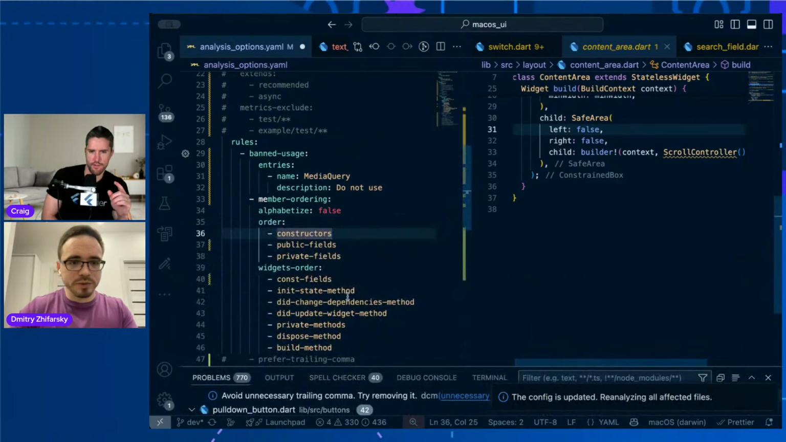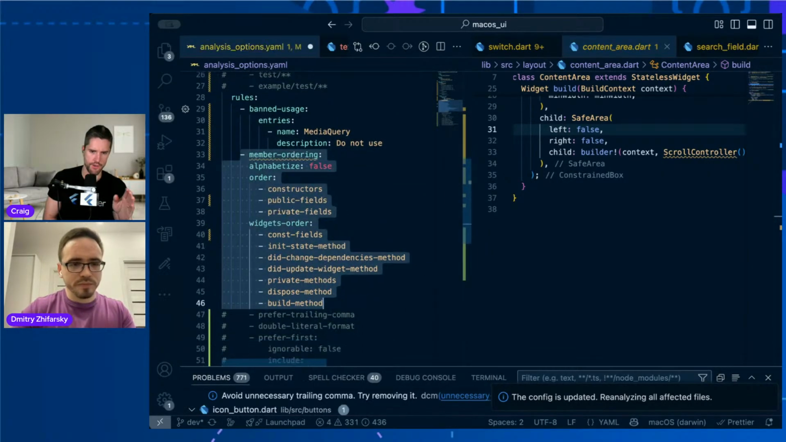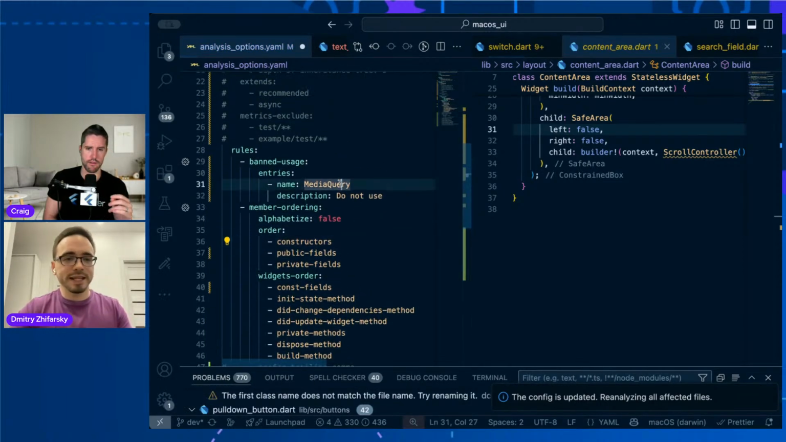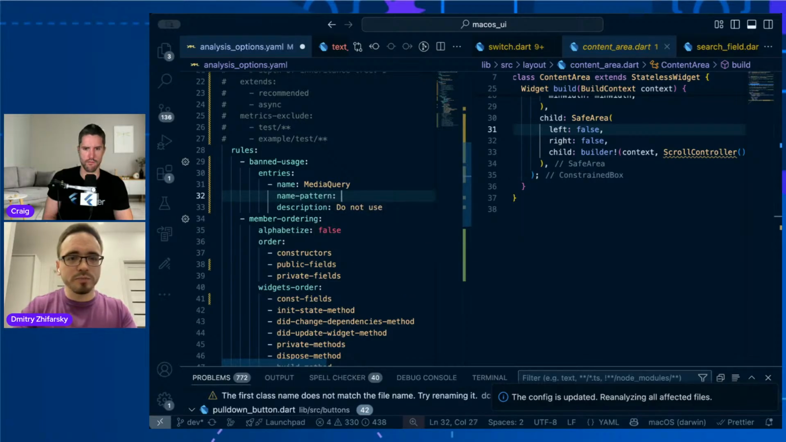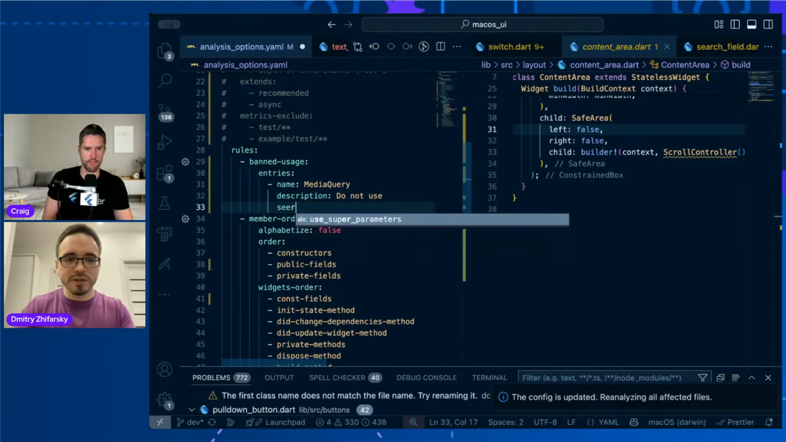So I have a question here. As we're looking in this banned usage section, and we got entries, name, media, query, can I put any class there? Yes. You can even put regular expressions in a separate, I think it's called name pattern or something like that, configuration option. It will also highlight, yes, this is fully configurable. You can have any name. You can even scope it to a particular file. You can scope it to a particular folder if you'd like. You can use the severity,